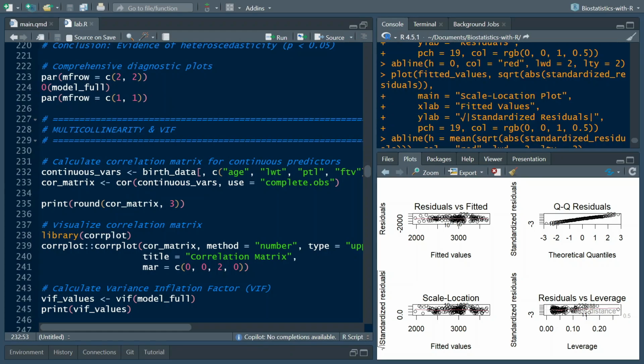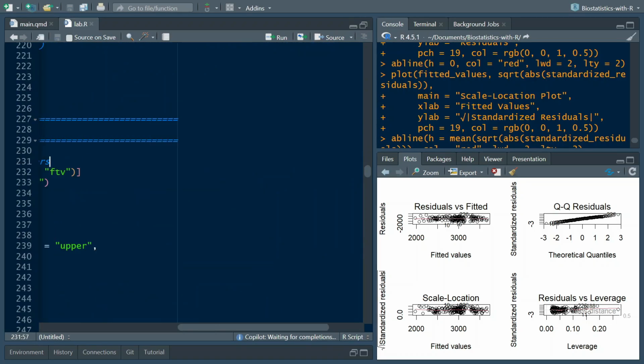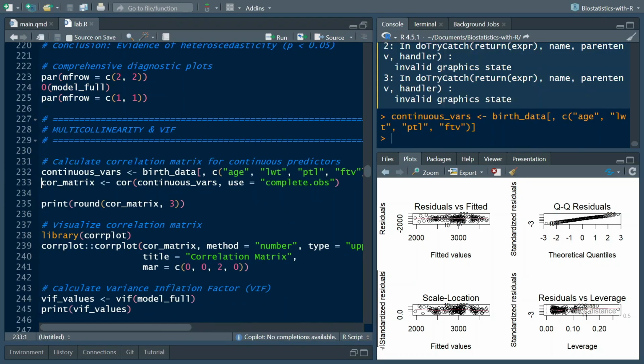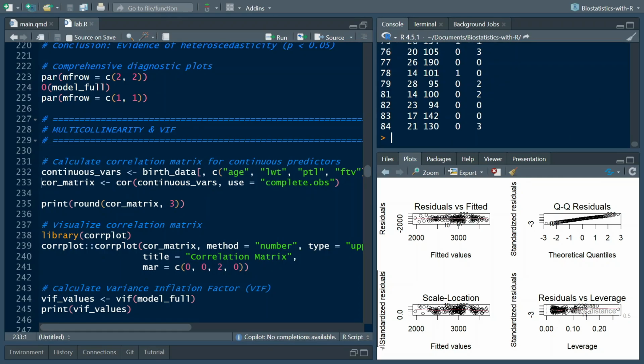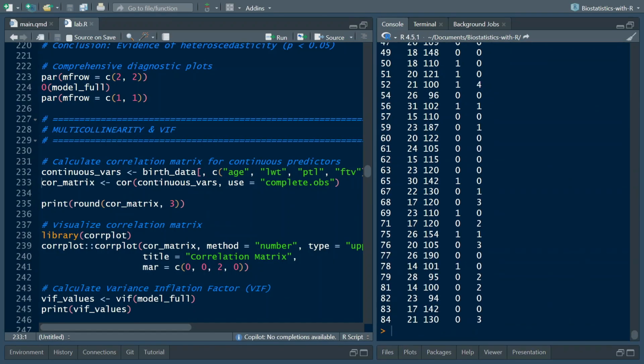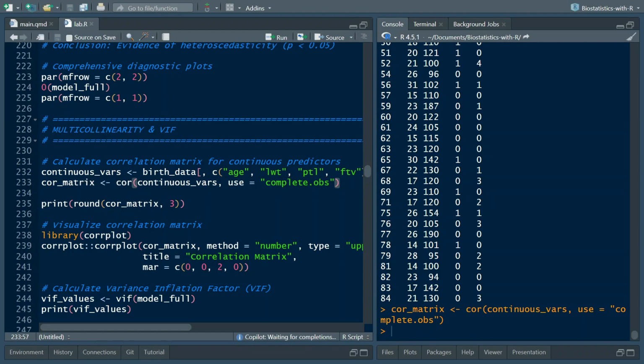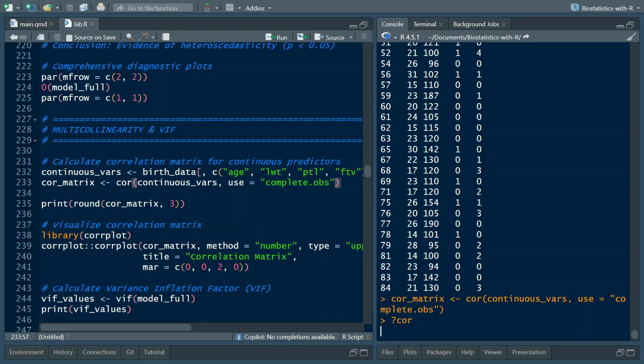We are subsetting these particular variables, and we use the cor function on them. First of all, let me just run this. And we have continuous variables. So you can see these are the variables that we have here. Then we now plot a correlation matrix of this. So if we check the cor function now,